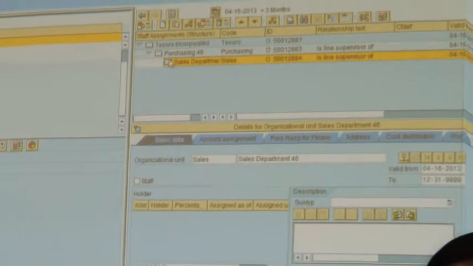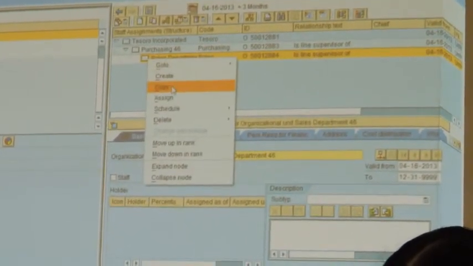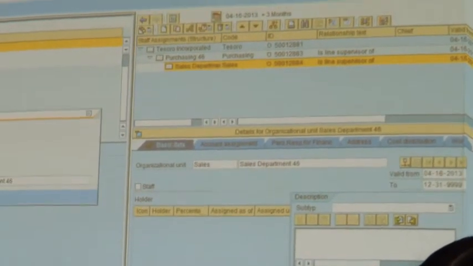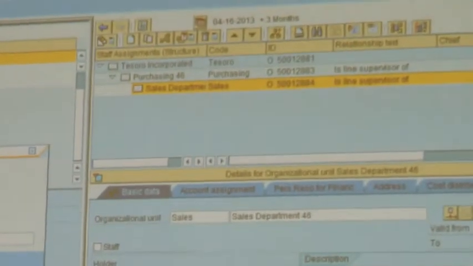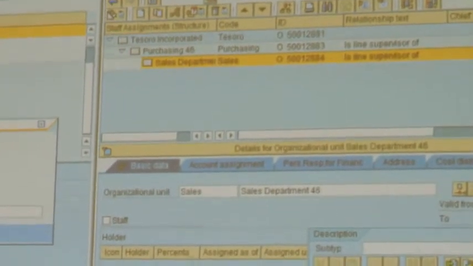I created one department subunit. Now I'm going to copy this department in order to create the other 2 departments. So right click and use the function called copy, and a window pops up asking for the number of copies. So I'm going to say I need 2 copies